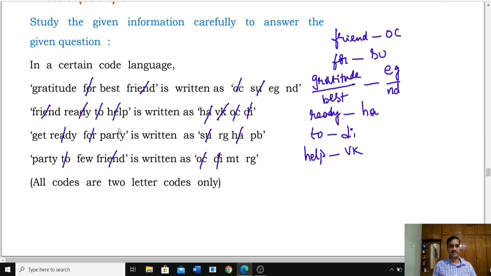Then get and party. Now between these two, if you compare, party is the only word that is common between these two. As party is the only word that is common, the code that is common is RG. The code given to the word party is RG. Then in the third one,